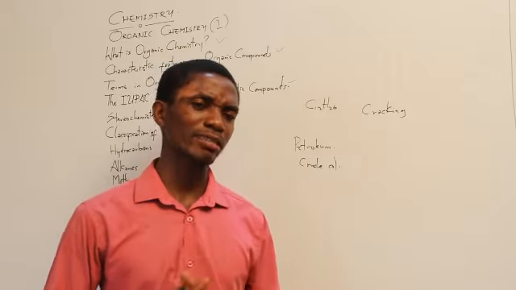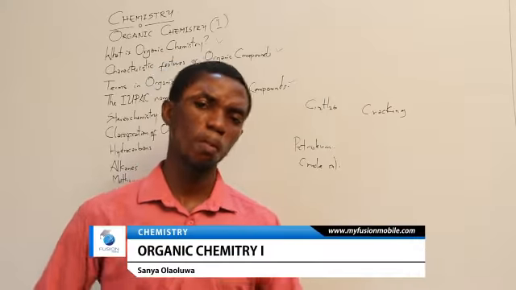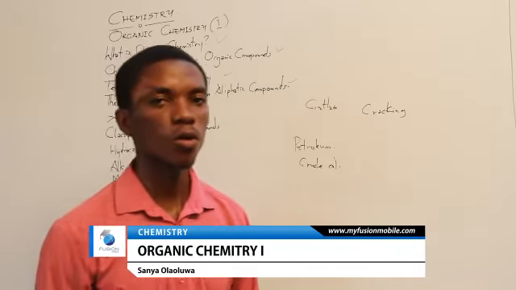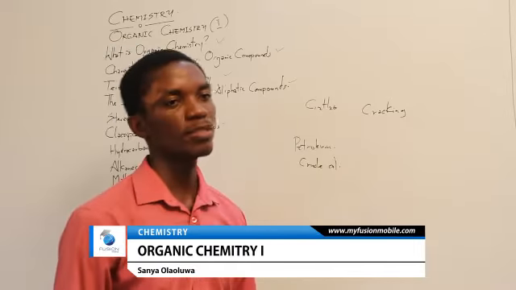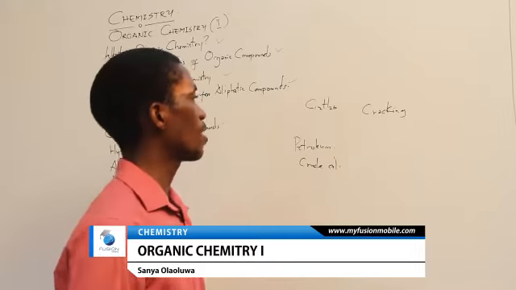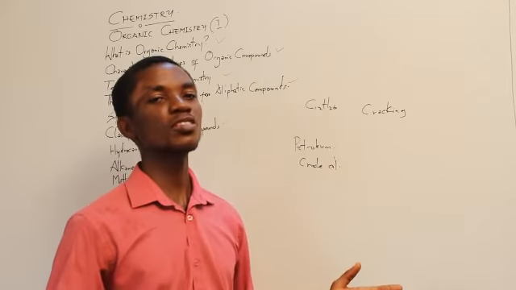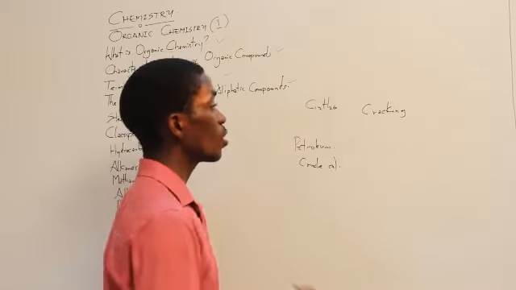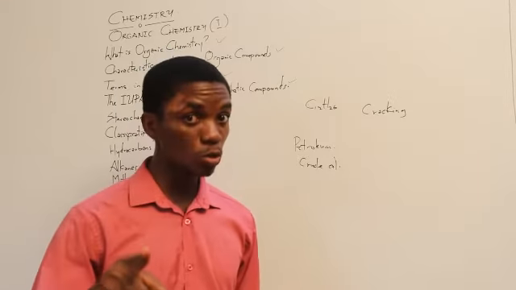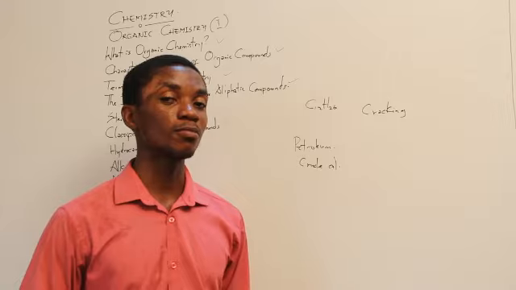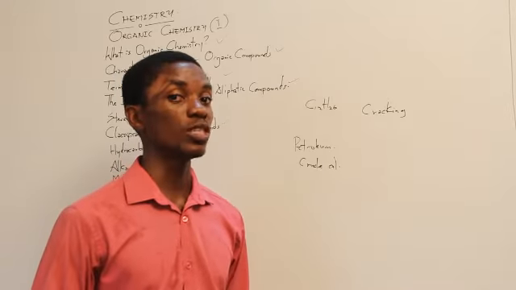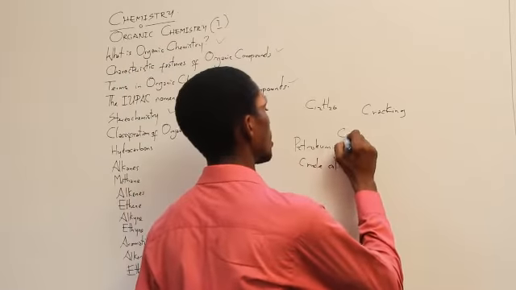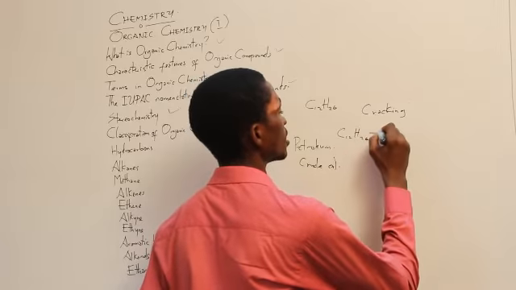What do we mean by cracking? Well, just like the name sounds, breaking it, snapping it into two. And how does this occur? Peradventure, you have this particular molecule I wrote here, and we would like to get two different components. We can crack it by heating it and subjecting it to special conditions, whereby it would decompose. Yes, I told you that hydrocarbons, organic compounds, they do decompose. Under a high amount of heat, this can decompose to give us